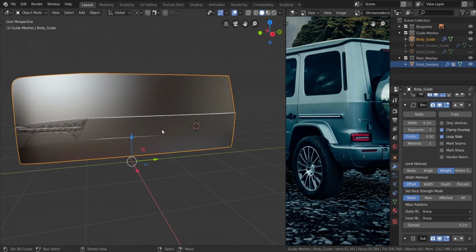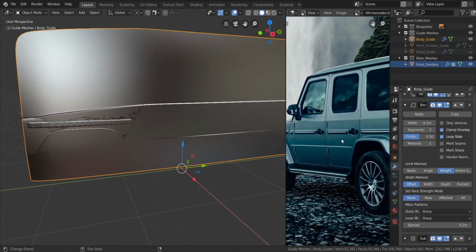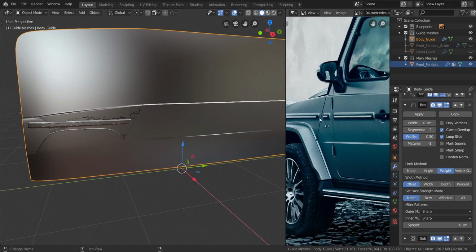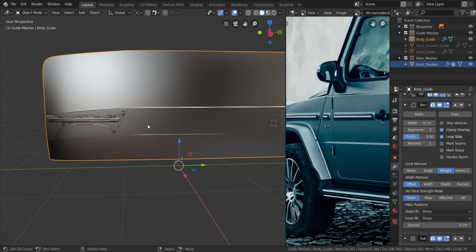Alright guys, let's continue from where we left off. Now in this video what we're going to make is this second panel that follows the front fenders right there. So if we take a look at the blueprint real quick,